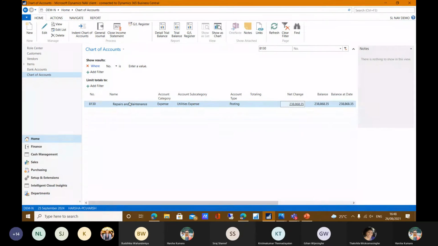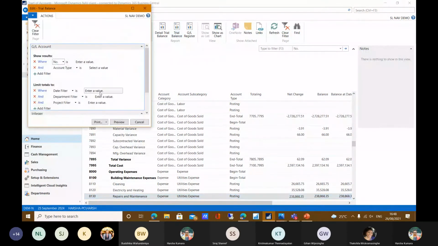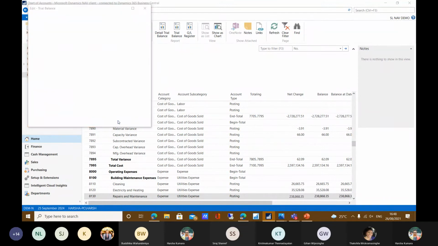And I will go to the reporting tab, and there is a reporting tool also in NAV. I will quickly show you P&L and balance sheet reporting in NAV. Normally when we discuss reporting, there is an inbuilt trial balance also available in the chart of account list page. You can quickly go to the trial balance and assign a date filter, any period of date filtering. Let's say I am taking the trial balance as of today, then I need not assign any date filter, and I can click preview.